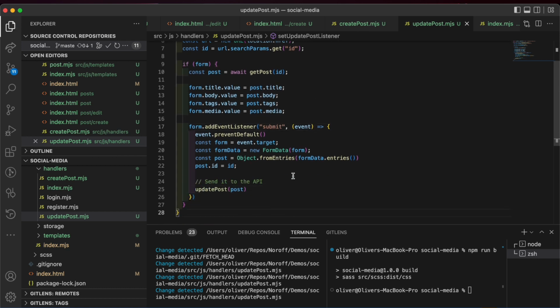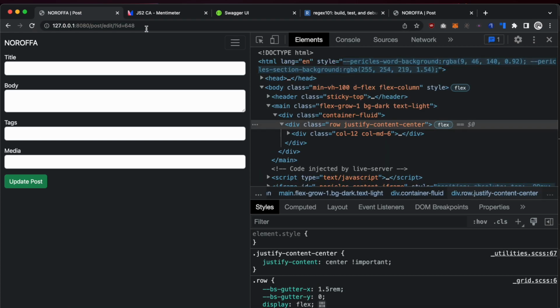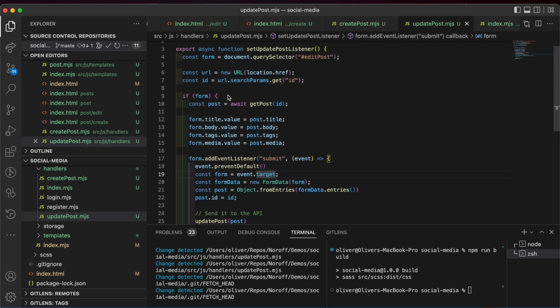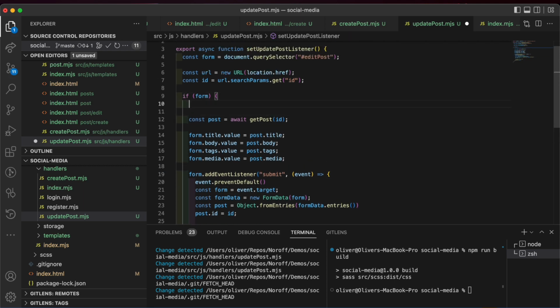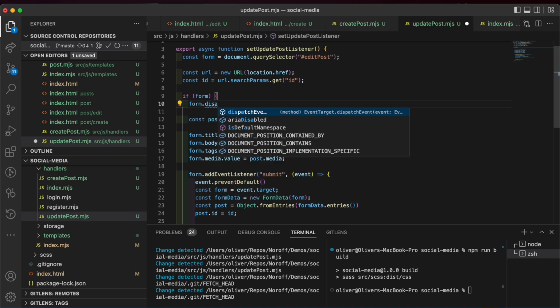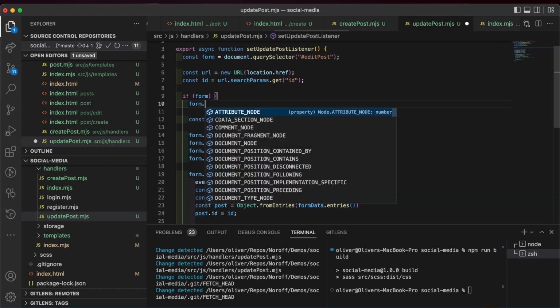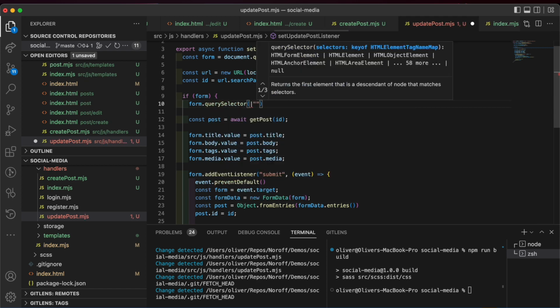Okay, so hopefully if I refresh this page, there we go. There's a second before the request comes in, and then when the request comes in, we have our data. It might be a good idea to disable the form until that is done. So we can say form, can we do disabled on the form? Or let's do it on the button. So form.querySelector button